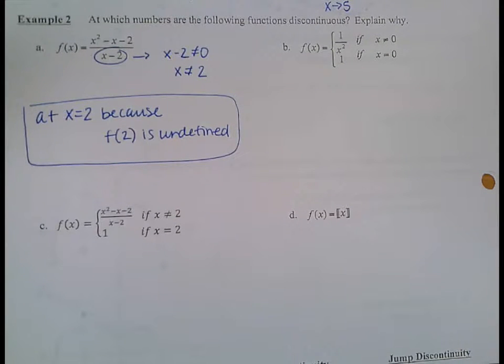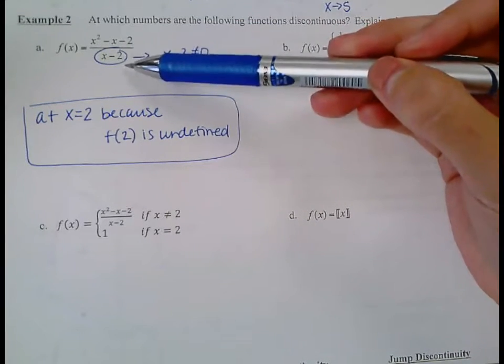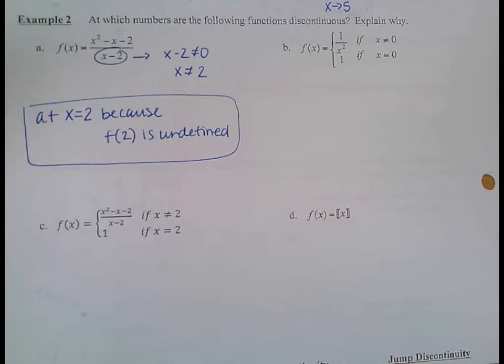That's all you have to write. So looking at that function, that's really the only place where this function isn't going to exist. It's kind of like finding that domain. We know the x value can't be 2, but x could be anything else. At 2, though, it's undefined, so that will not be continuous there. Then for B,